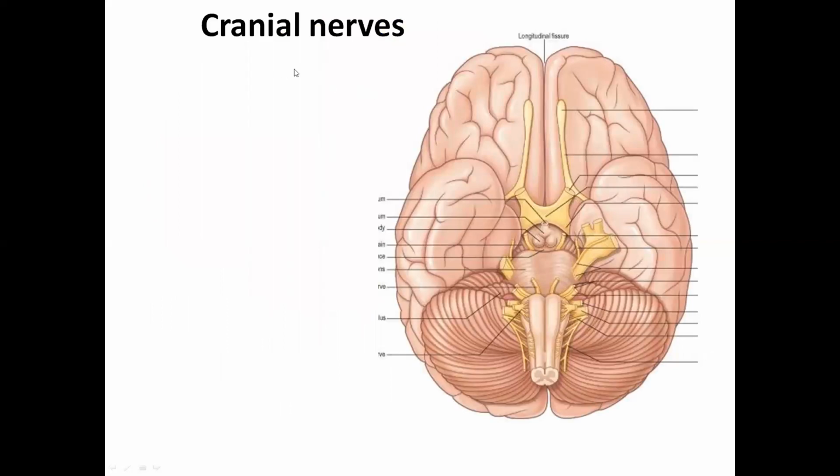So in head and neck, you would have learned that there are 12 cranial nerves. And these cranial nerves are going to emerge from the brain. That is the olfactory bulb and the olfactory tract, which is going to receive the olfactory nerves. The first cranial nerve that is concerned with the sense of smell. The olfactory nerve is mainly related to the telencephalon.